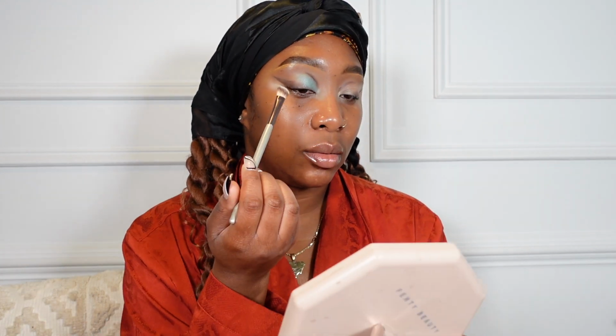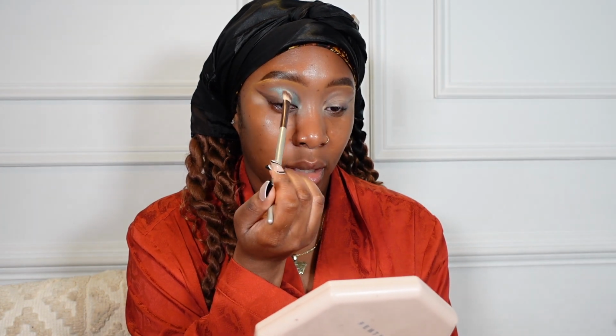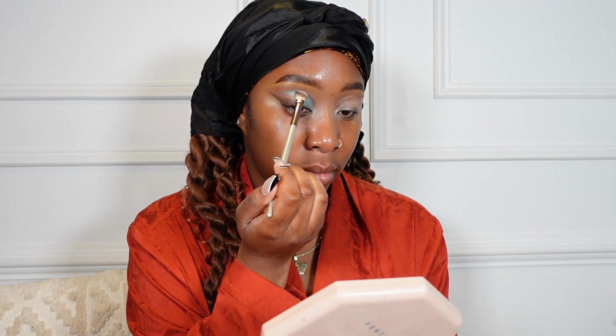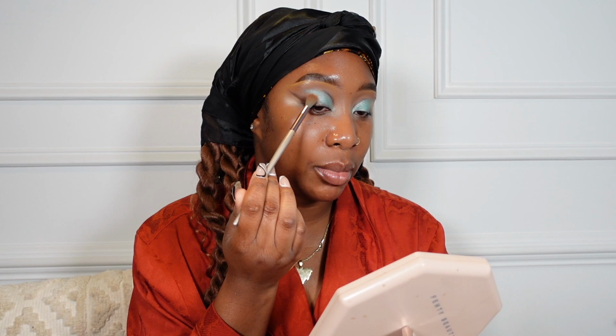I'm gonna take it out just a tad bit more up here. Really light hand. I always go back to get more, but it's really hard to fix it once you've messed up. Alright, I'm gonna go in with that very first brush I used and try to blend in